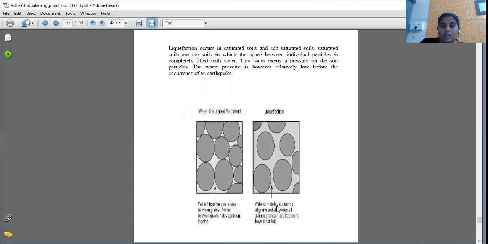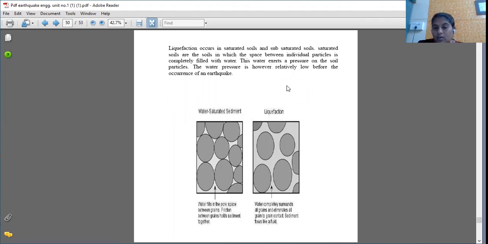So that is the liquefaction concept. Liquefaction occurs in saturated soils and sub-saturated soils. Saturated soils are the soils in which the space between individual particles is completely filled with water. The water exerts a pressure on the soil particles, and the water pressure is, however, relatively low before the